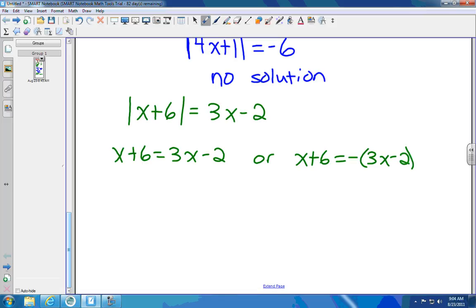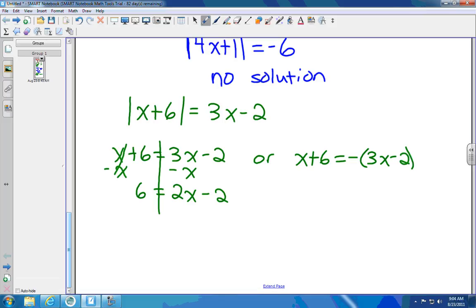If you have x's on both sides, you've got to move either the 3x over with this x, or move the 1x over to the 3x. Doesn't matter which, but your x's have to be on one side. Maybe it's helpful for some of you to draw that line. So if we subtract this x over, that's gone, we're left with 6. What do we got there now? 3x minus x. It'll be 2x